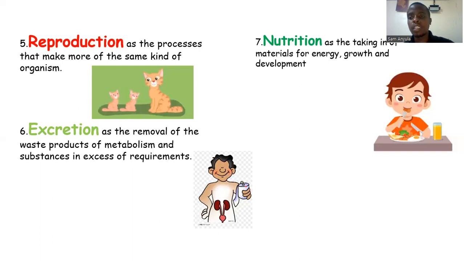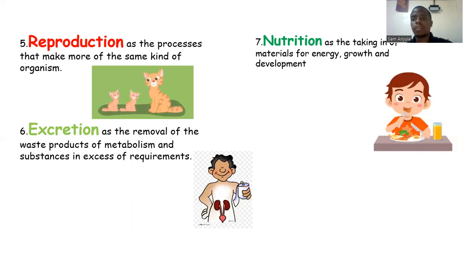Excretion, the body is removing the metabolic wastes, the waste from the chemical reactions that have been taking place in the cells. One of it is urea, which is from excess of the proteins that are broken down to urea as a waste product. That urea has to be filtered off from the blood by the kidneys. That is excretion. Then we have the seventh characteristic, that is nutrition, the ability of living organisms to take in